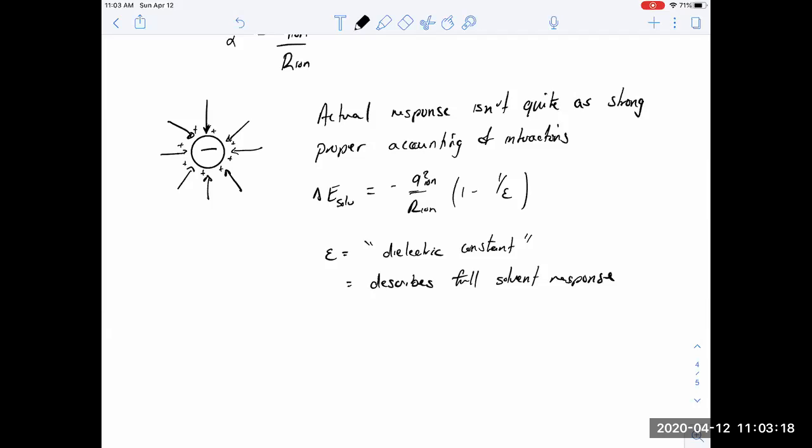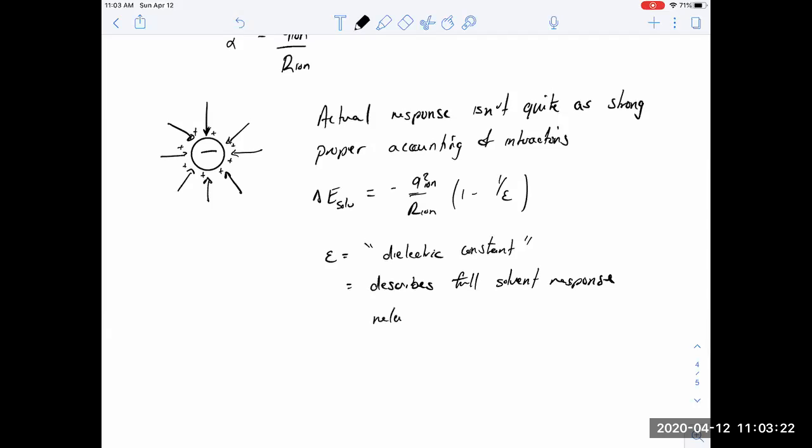Accounting both for the initial polarizability due to a single cell, that alpha, but in addition accounts for all of the interactions between dipoles. So that constant epsilon, the dielectric constant,